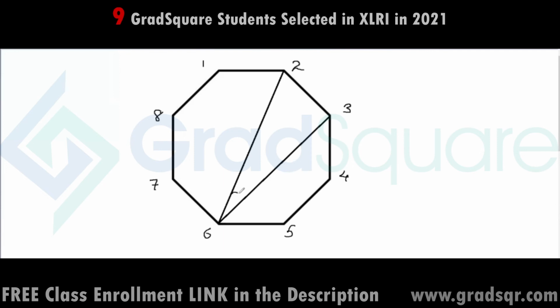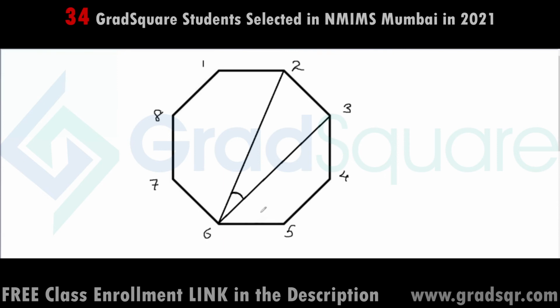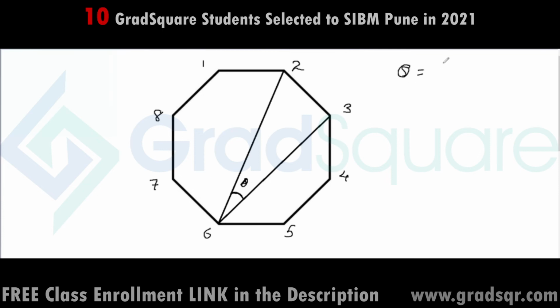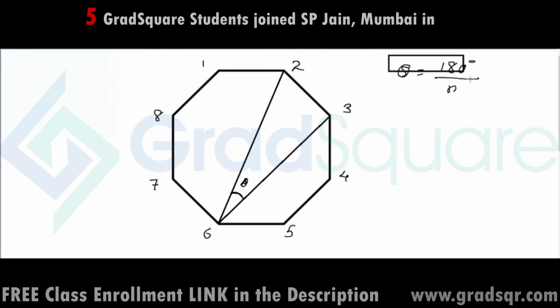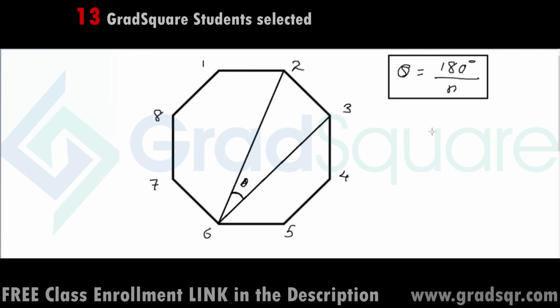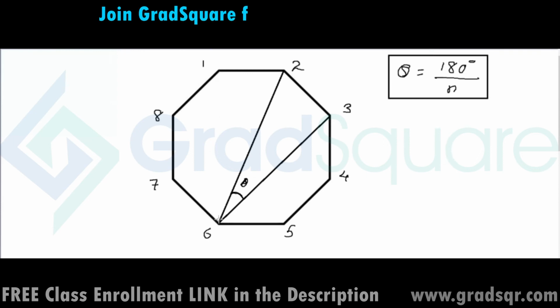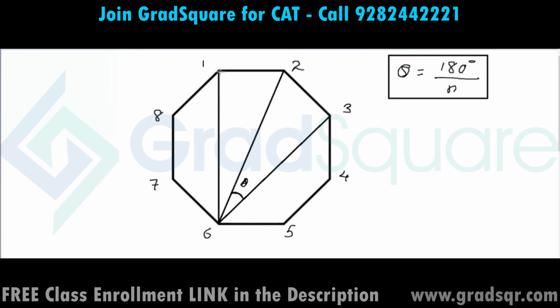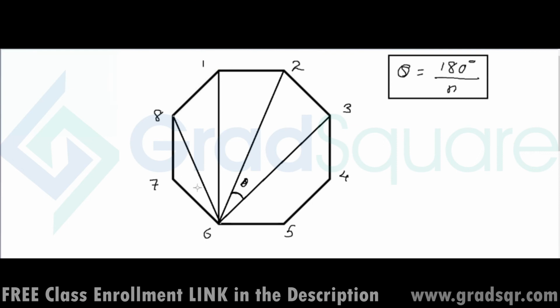Now there's a formula for finding out the value of the angle formed by two consecutive diagonals from the same vertex. And this angle, let's call it theta. The formula for finding out the value of theta is 180 by n in the case of regular polygons. In the case of regular polygons, the angle between two consecutive diagonals drawn from the same vertex is always 180 by n. What this means is that I can use this formula to find out the angle between any two diagonals drawn from the same vertex. Why? Because let me draw all diagonals, suppose from this vertex 6. So let me join 6, 1, let me join 6, 8 and 6, 4.